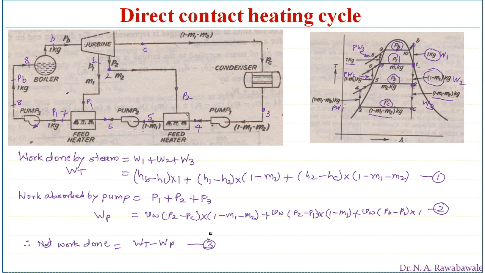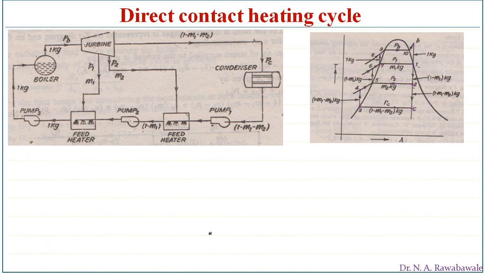Now coming to the heat supplied, where heat is supplied, actually heat is supplied from point 8 to 9, 9 to 10 and 10 to B. So here initially sensible heat is supplied to little extent, then from 9 to 10 latent heat of vaporization, and 10 to B enthalpy of superheated steam is supplied. So here the heat supply starts at point 8 in the boiler. So when it enters into the boiler at point 8, and when it comes out from this boiler is at point B. So between 8 to B heat is supplied.